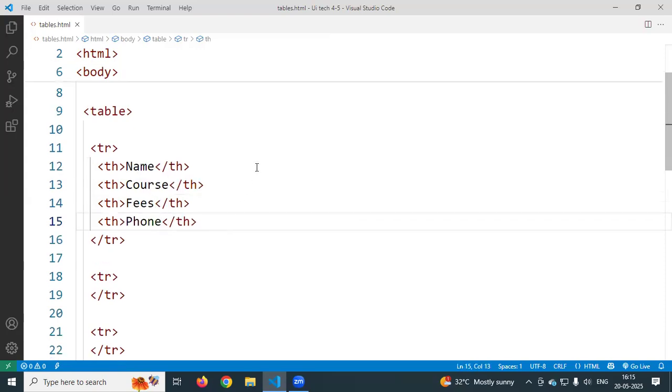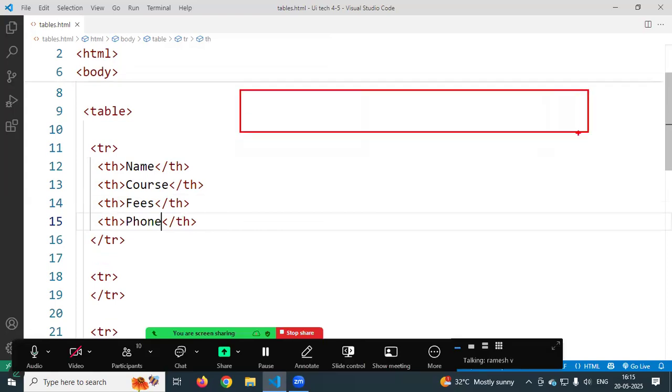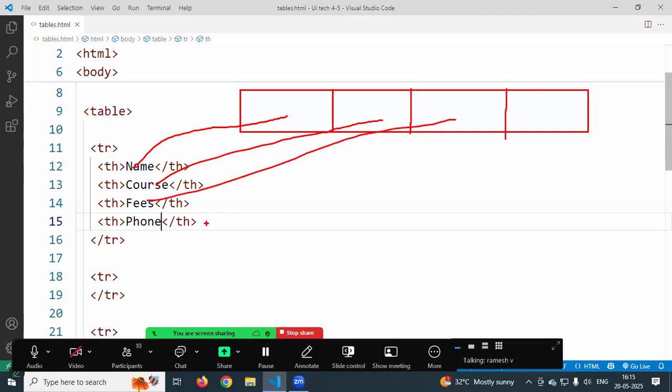Phone number. Okay. So we create one row. That row is divided into how many headings? So 4 headings. What is the first heading? Name. The second heading? Course. Third heading? Fees. Fourth heading? Phone number. Okay, you want to create many headings, many times, using which tag? TH tag. Clear? You want to create many rows, many times, using which tag? TR tag. Now from second row onwards,